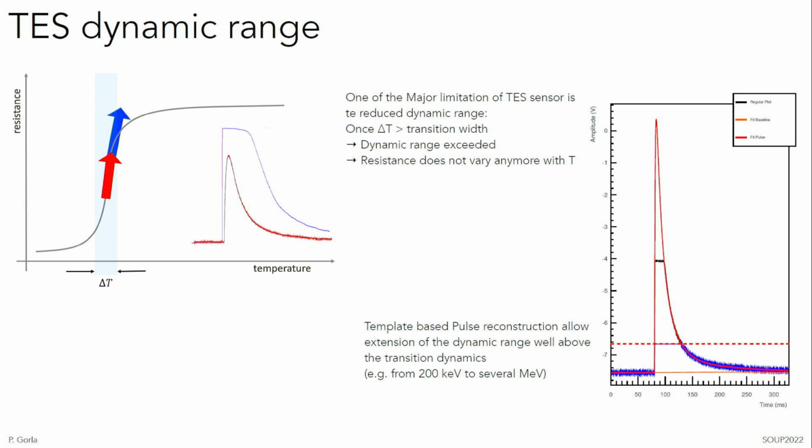template-based pulse reconstruction allows you to extend the dynamic range quite a bit. So this is an example from the CRESST experiment. Here you have a saturated pulse in blue, and this is the template, the reconstructed pulse you extract from the linear part of the temperature radiation, and you scale to fit the rise and the decay. So depending on the energy range, the rise will be very similar, but the decay will be far away, and the height of the pulse